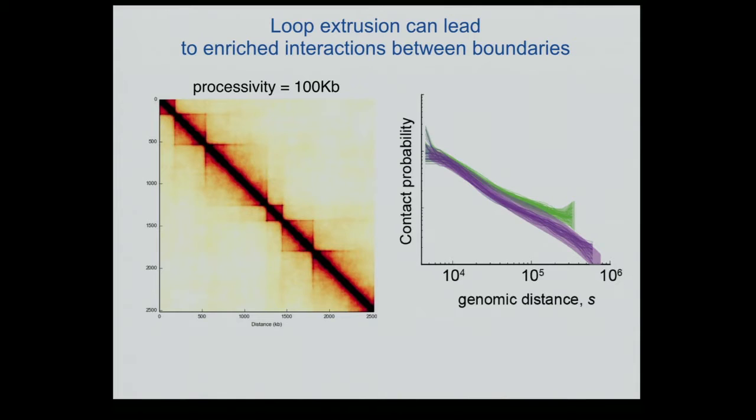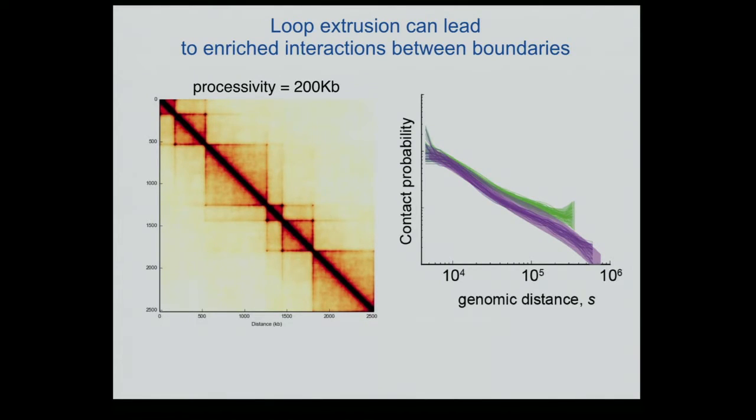If you increase processivity, again, we don't know whether processivity is the same along the genome, or the residence time the same along the genome. If I increase processivity, which is the same as saying that they reside twice longer, then I start seeing more of these corner peaks, and I start seeing some of the nested TADs. So there are lots of features that immediately jump out at you in this very simple model.